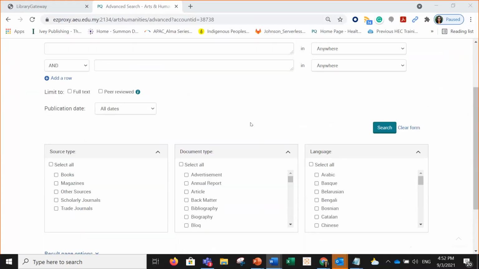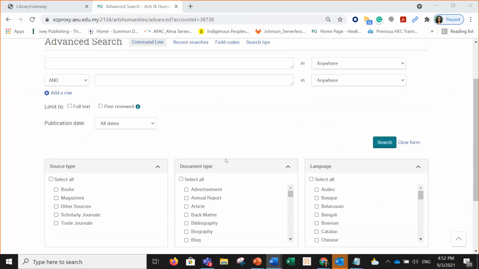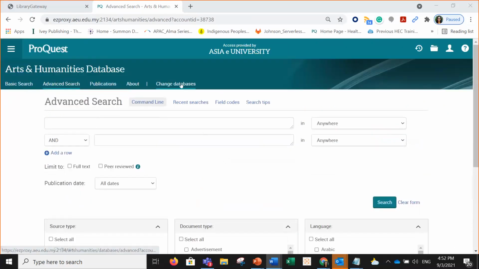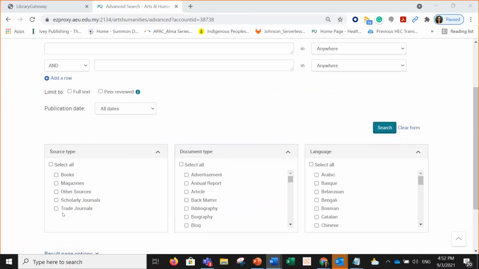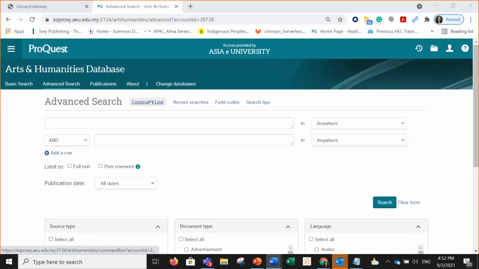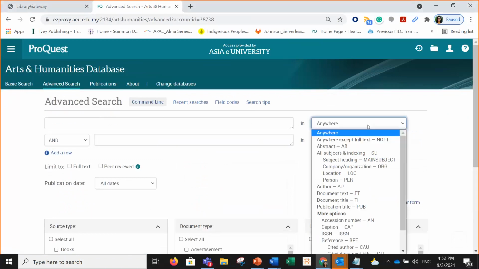Okay, so what you will find here are books, magazines, and other sources, scholarly journals, and trade journals. This is what you can find within this collection. If you combine this database with the dissertations and theses, you will find the dissertations and theses in this collection as well. Again, the search techniques are the same. So go back to the